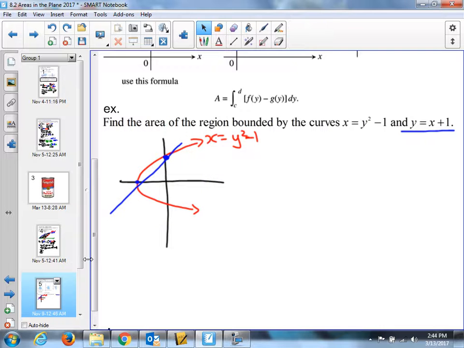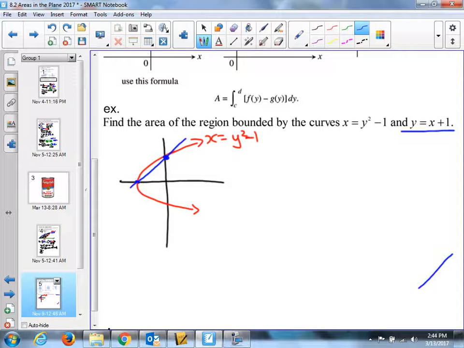Or I'll just draw it. I'll just redraw it. There we are. This is the area